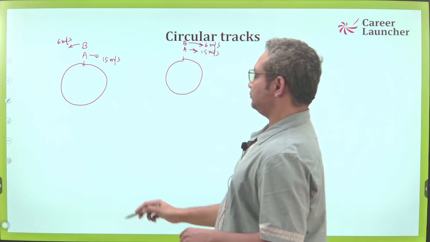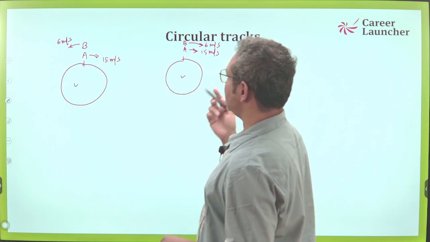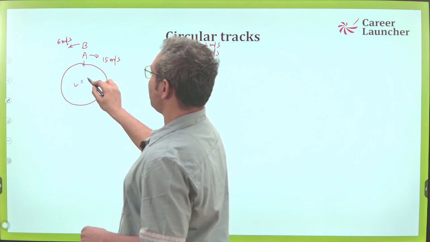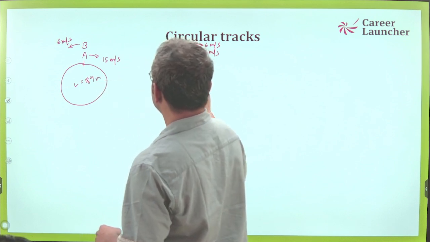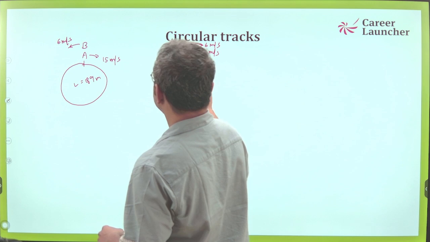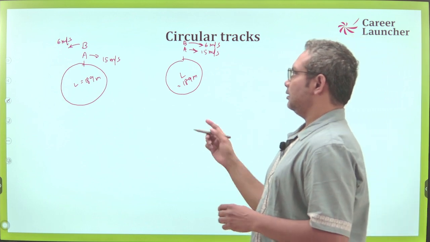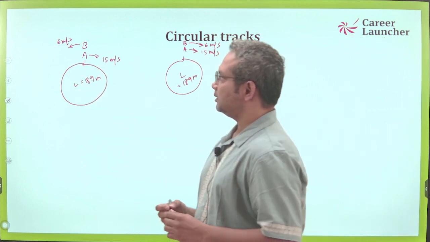Now let the length of the track in both cases be, let's say, 189 meters. Just for the sake of calculation convenience, we will take something like that, 189 meters length of the track. So now if you are finding out the meeting positions or time taken to meet between A and B